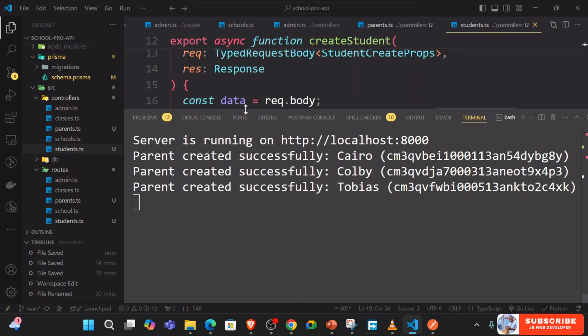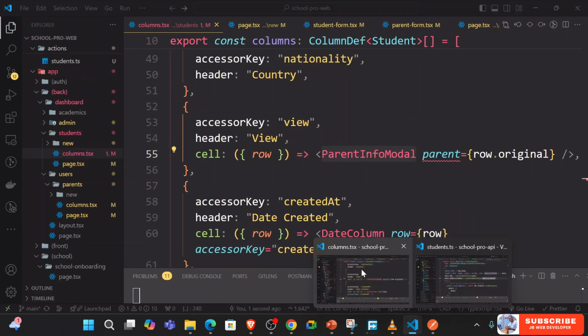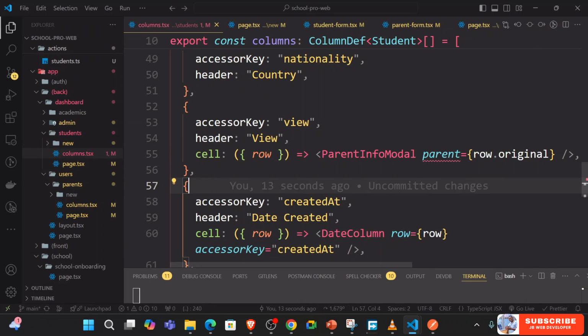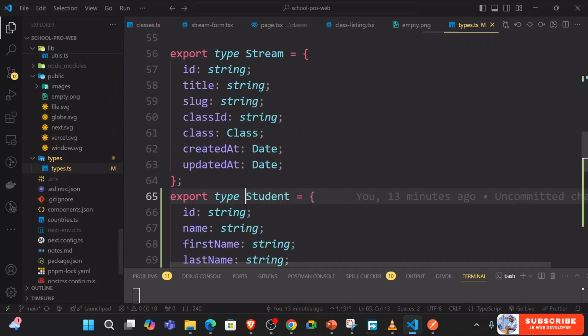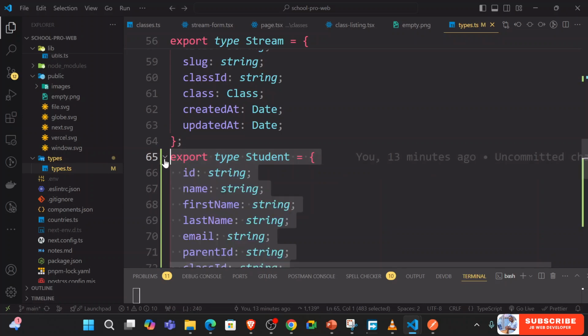I'm just going to go to... actually we can just use types. I'm just going to go back here and get the types. This one is for student. Okay,